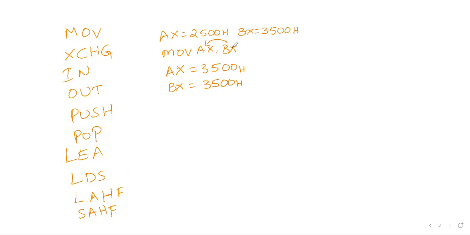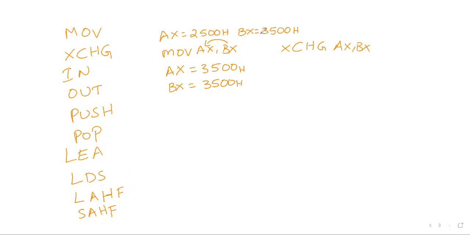Just BX register contents are copied into AX, but BX register contents remain the same. So only the destination was changed, whereas in the similar kind of instruction, exchange, for example XCHG AX, BX,